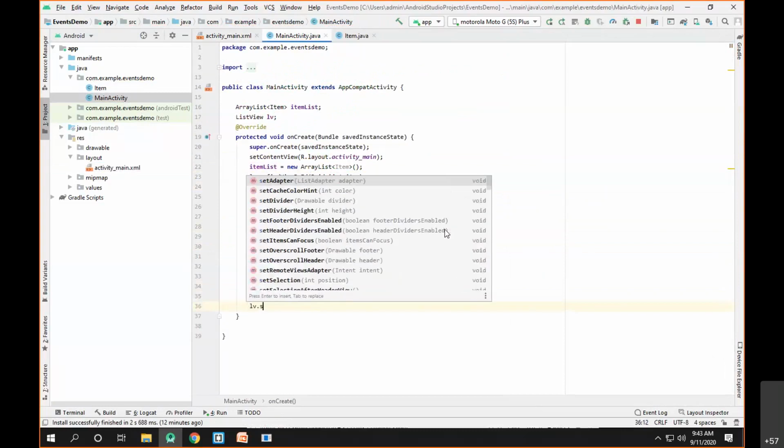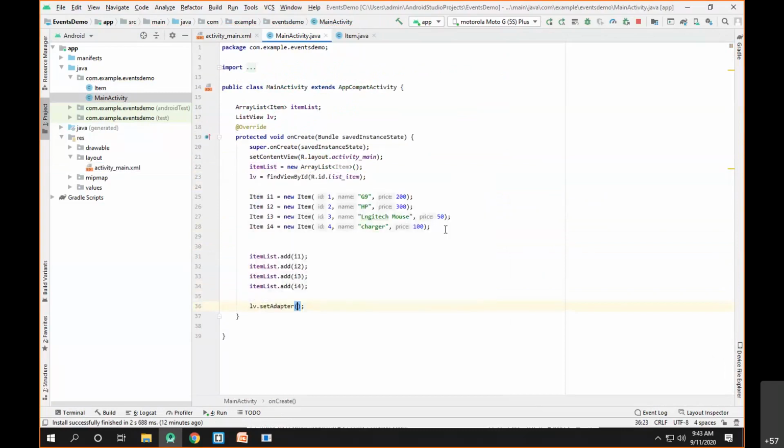lv dot set adapter. Okay, new array adapter. So this will be generating an array adapter of type item, and here we want a list adapter. So let me create the array adapter object first of all.